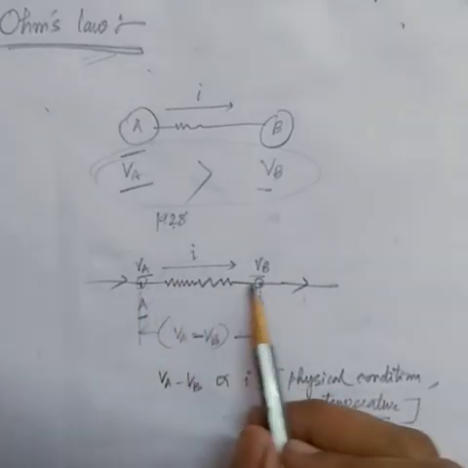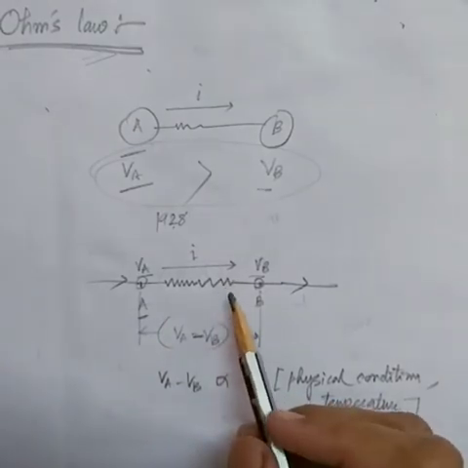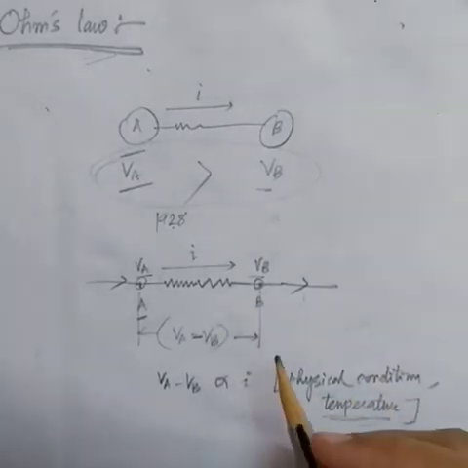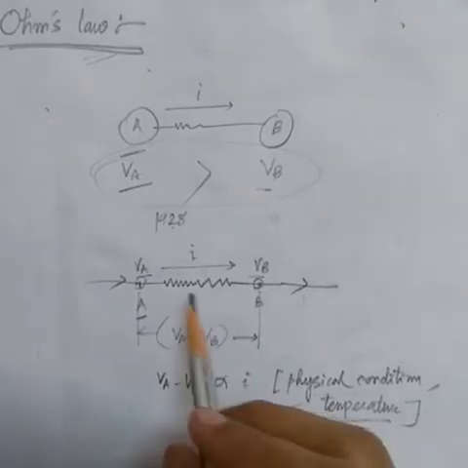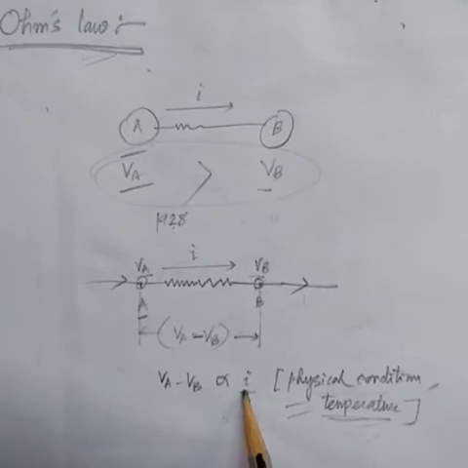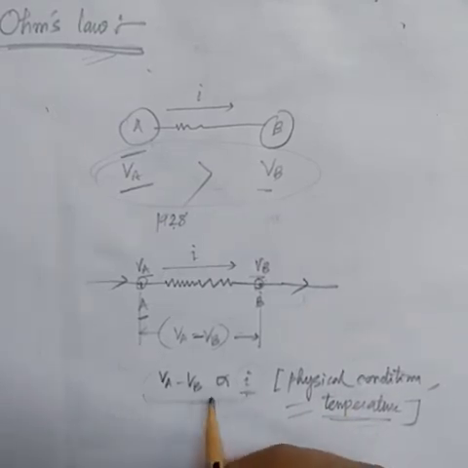If the wire is thicker, the current will get more space to flow, therefore the resistance will drop and more current will flow. So those are the exceptional cases. But if these conditions are not changing, then the potential difference between these two points will determine how much current will flow. If the potential difference is quite high, the amount of current flowing should also be more. So this is the statement of Ohm's law.